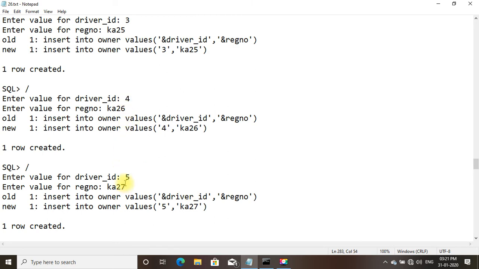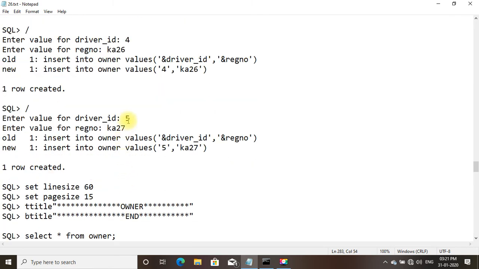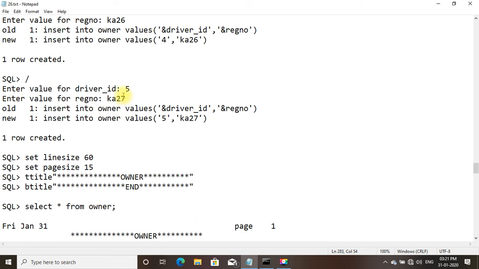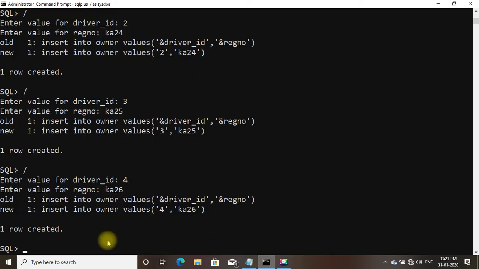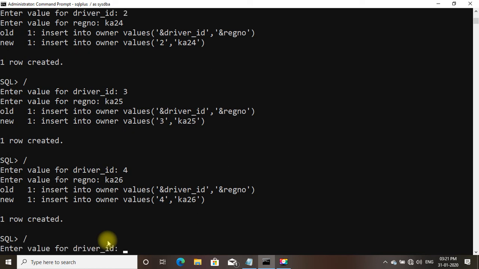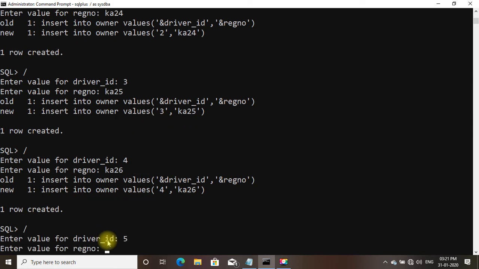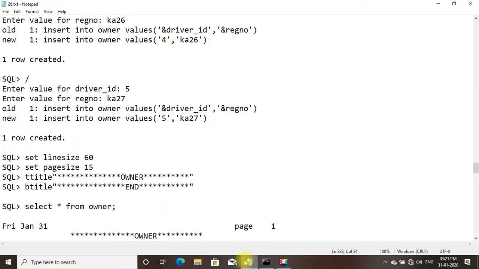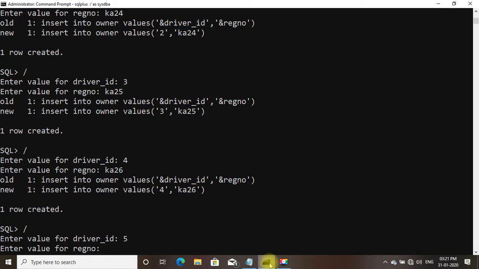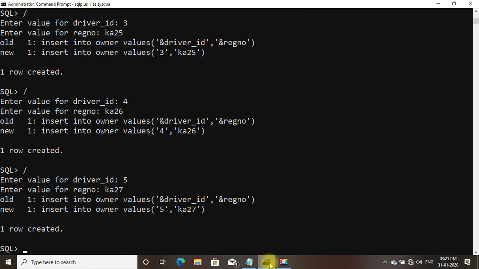One more ID we need to insert, fifth, KA27.